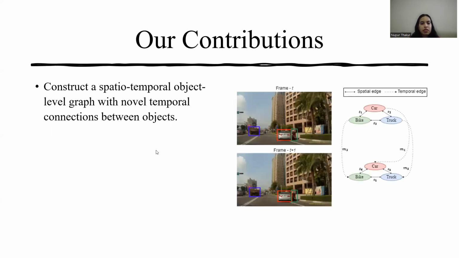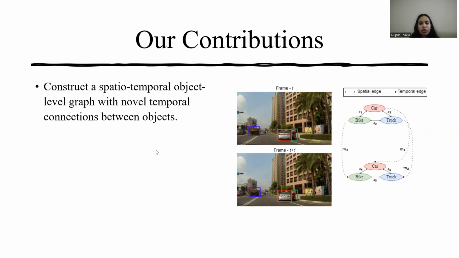For example, consider the two consecutive frames from a dashcam video here. The bounding boxes in the frames represent the detected objects, and on the right is the spatio-temporal object graph created for each of the frames. As you can see, the graphs model the interactions between the objects explicitly.